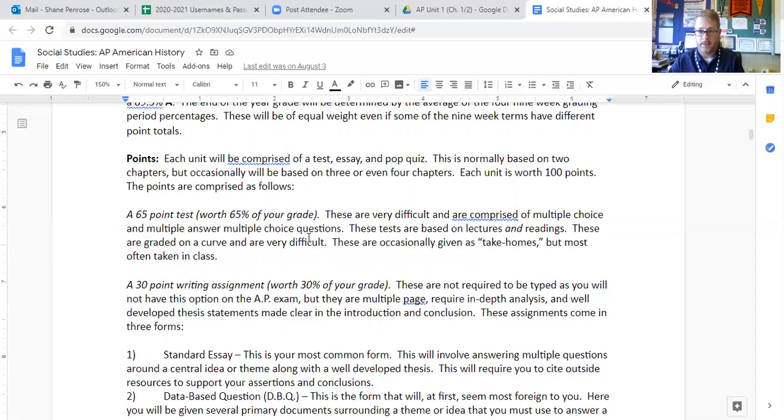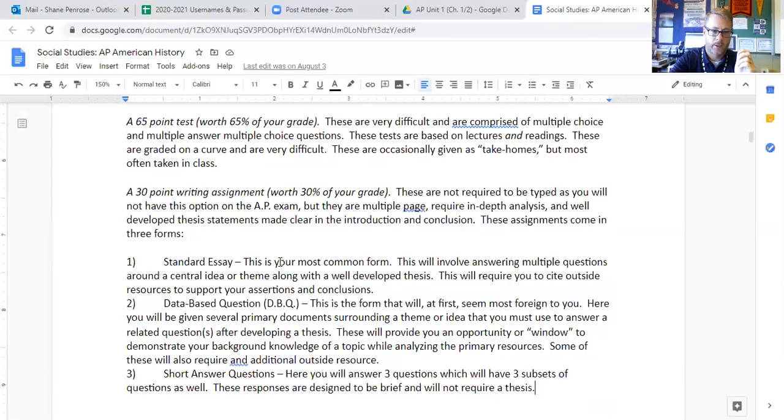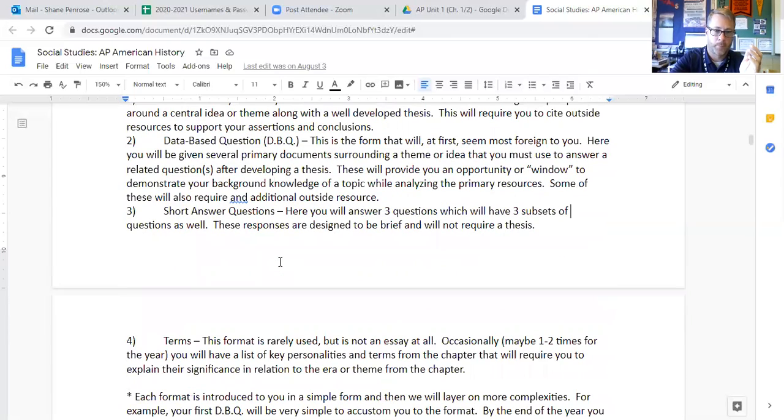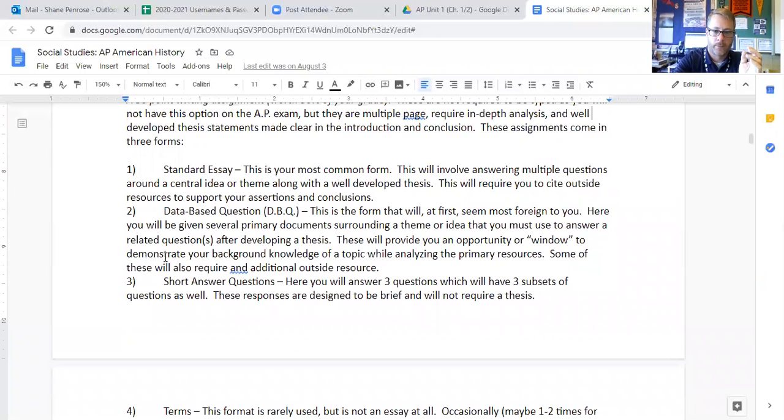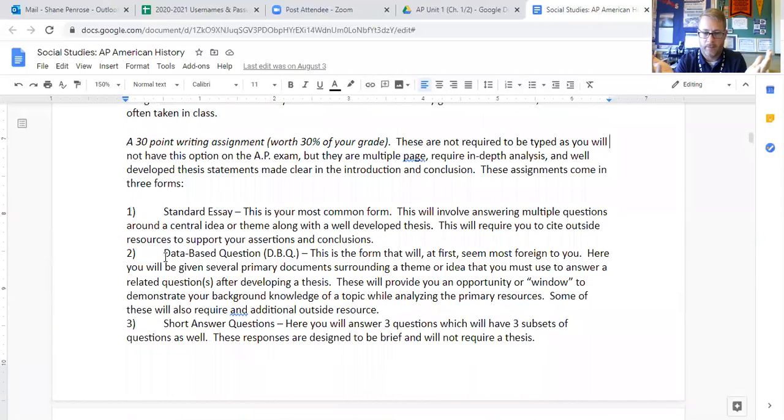If the answer is ADE, you have to have ADE. The overwhelming majority are going to be A or B or C, etc. Then every unit, you'll have a 30-point essay. So the 30-point essay, meaning writing's worth 30% of your grade, is for a lot of you the most